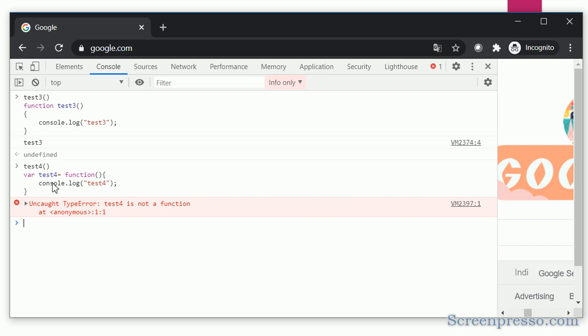I hope you know about this hoisting. Maybe in later videos we will come to know that. For now you can understand that whenever we use a function expression, the function declaration should be on top and the function calling should be below it.